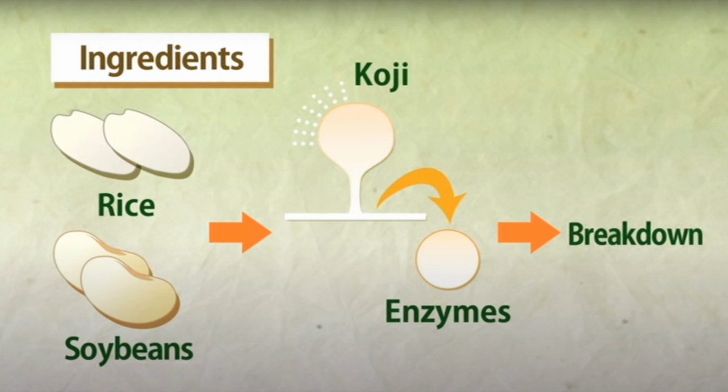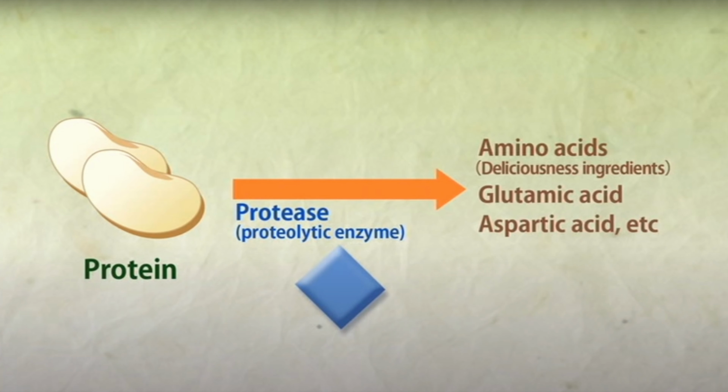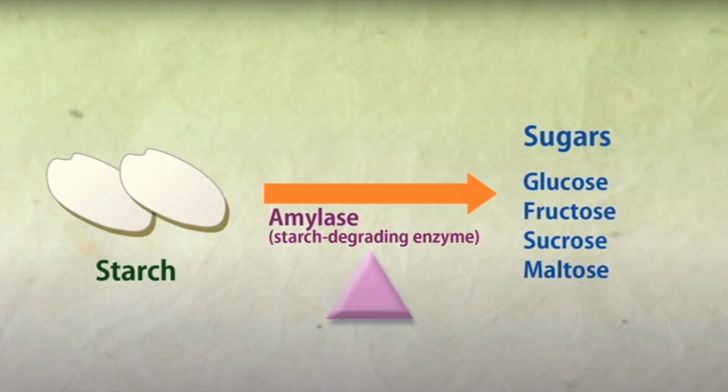As you can see in the picture, you can either use rice or soybeans, creating Koji, which causes its enzymes to break down protein, creating amino acids, its deliciousness: glutamic acid, aspartic acid, as well as others. The primary enzyme secreted by this fungi is called amylase, which lends a sweet taste to food it's fermented into. This enzyme is most efficient at a temperature of 35 to 40 Celsius. It receives its energy through contact with grains or starch.